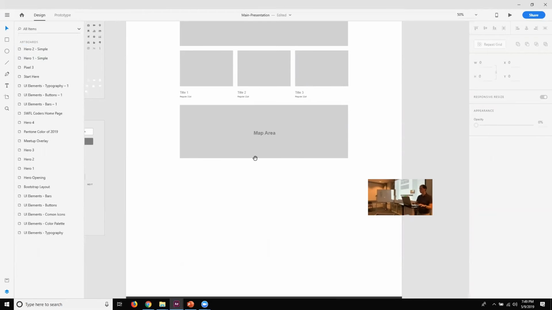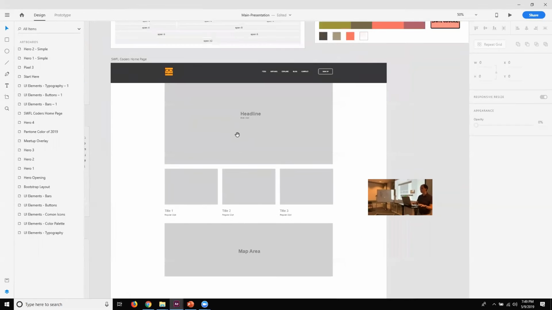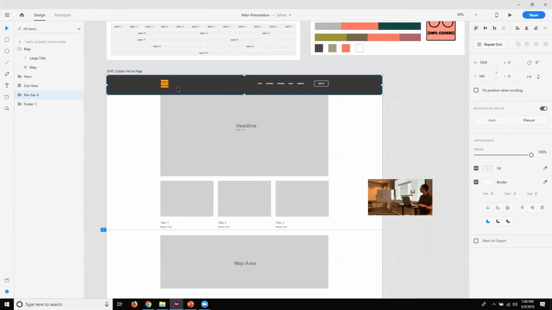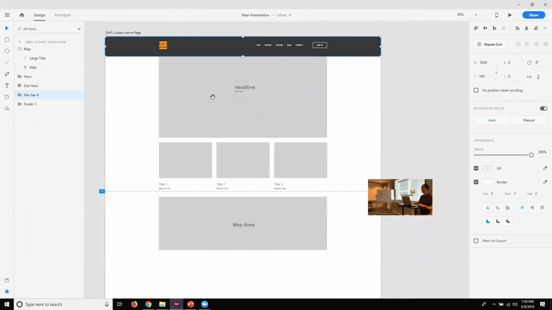So what else are we missing here? We have the logo, which we have here. We have our hero image, all the pieces of the map, and well, it's mostly laid out already. But if I wanted to show you some changes here,